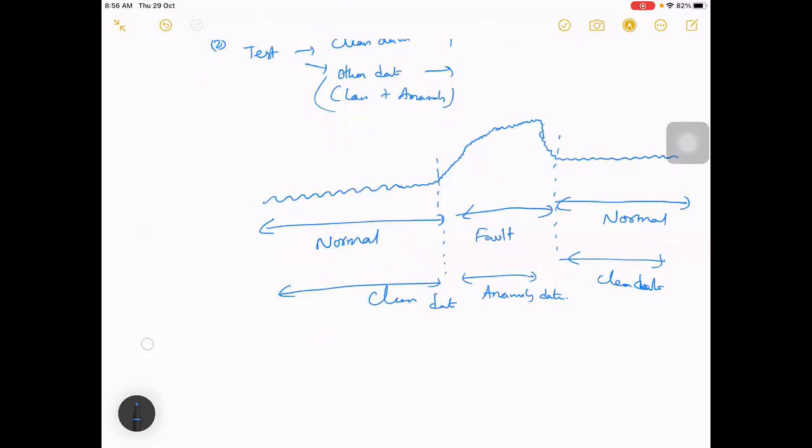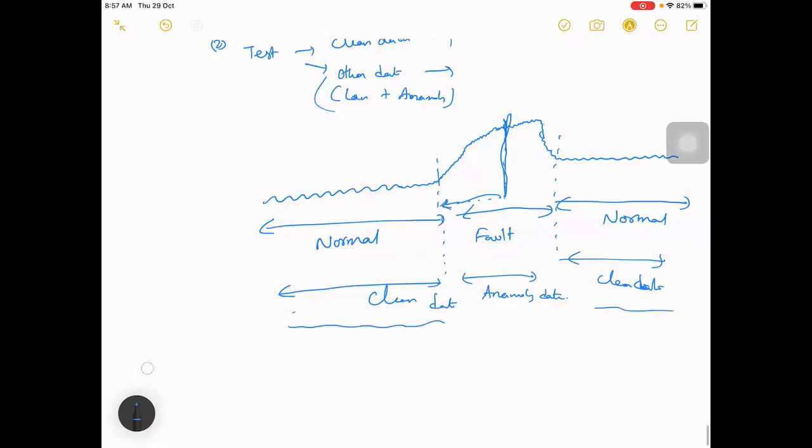Until that point it will say it is normal, and only here will it say it is fault. So what you do is take maybe 1 hour before, treat that data as fault data and keep it aside. The rest of the data is clean data.